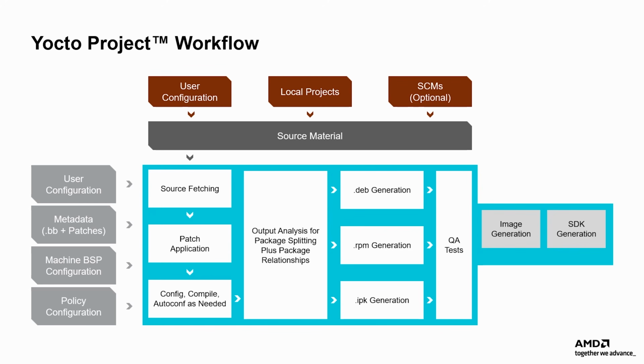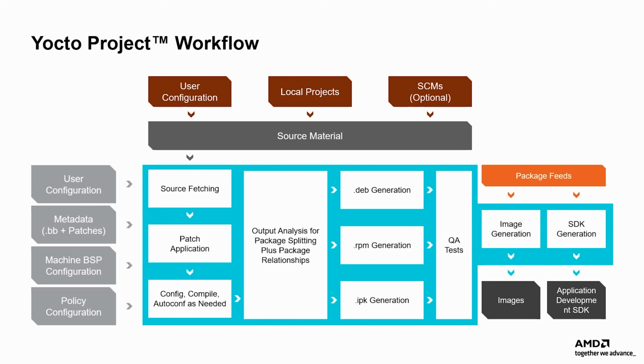A sanity check is performed on each package to ensure there are no build errors and that it meets the configuration requirements. A directory of all compiled binary packages is created. From this package feed, a bootable Linux system is generated. This system can take several forms, from a raw disk image to a live image that can be booted from a USB memory stick. Additionally, an application developer SDK is created, which includes a cross-architecture compiler, analytical tools, and an Eclipse plugin.